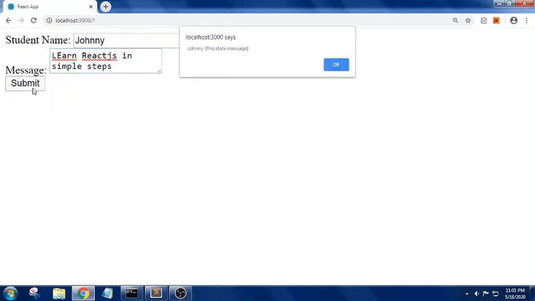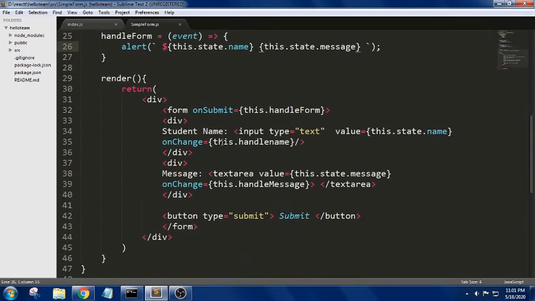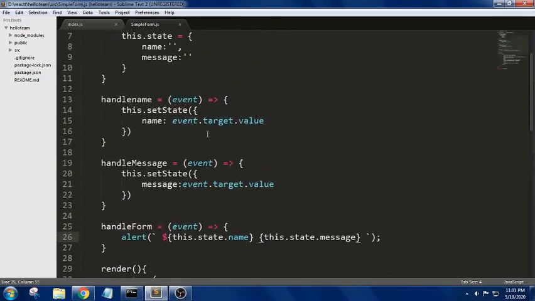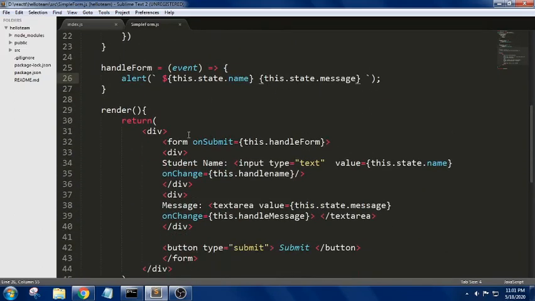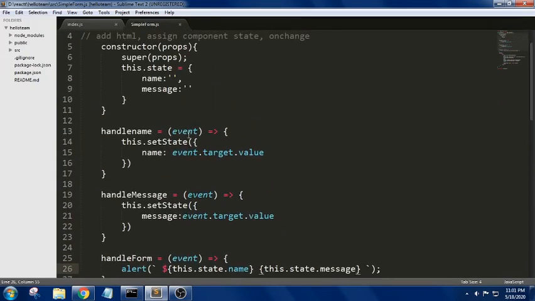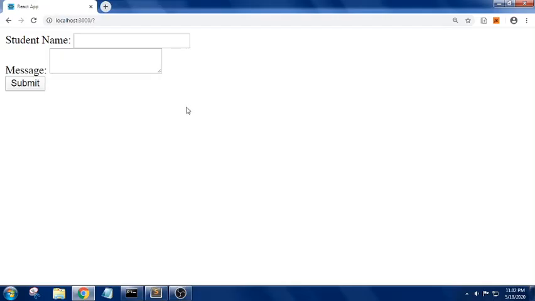So let me write. Yes, we got only this dot set message. Here this dot state dot message, so we have defined this. We have handled the name. Now let us check where it went wrong.